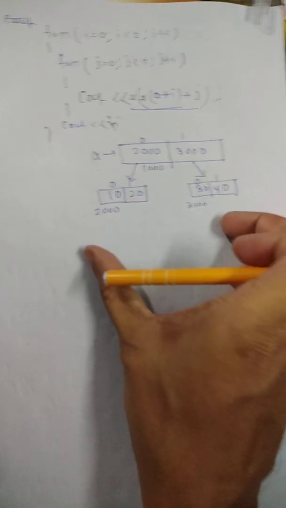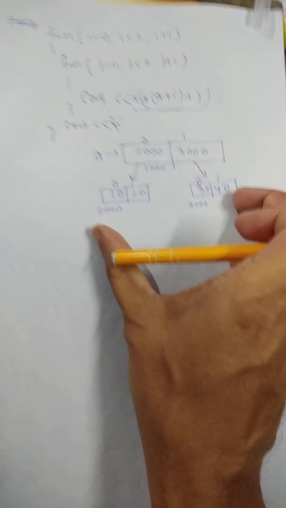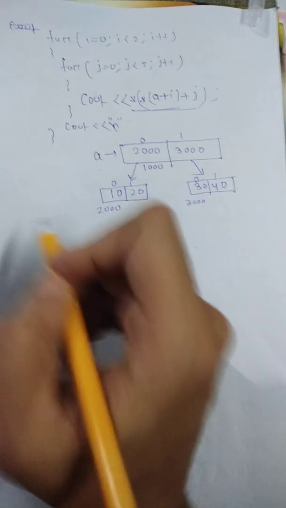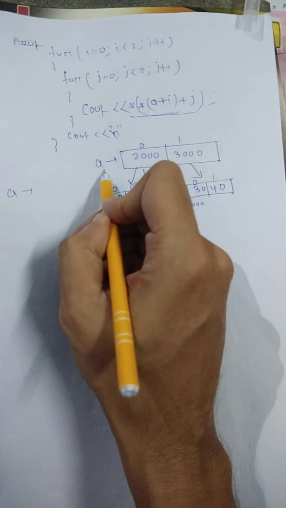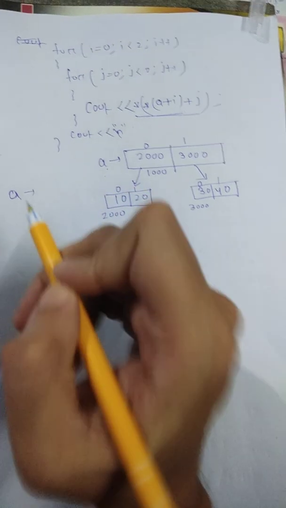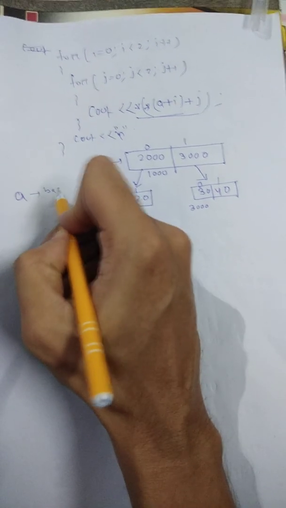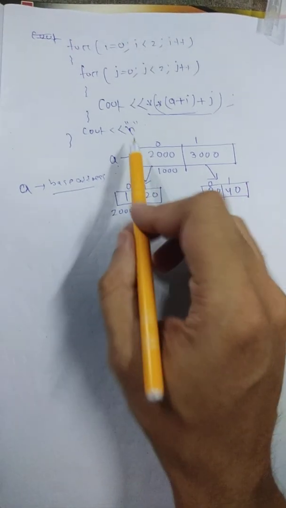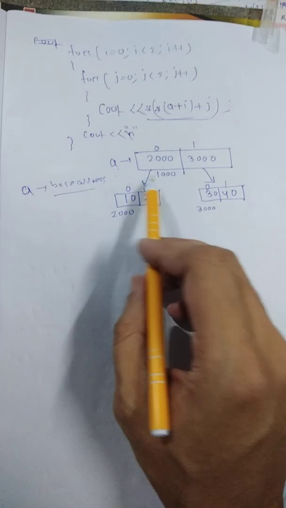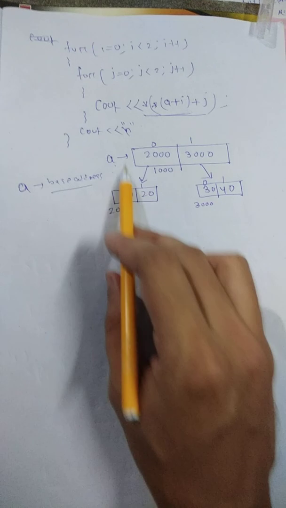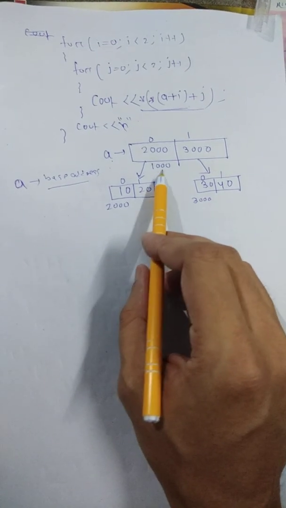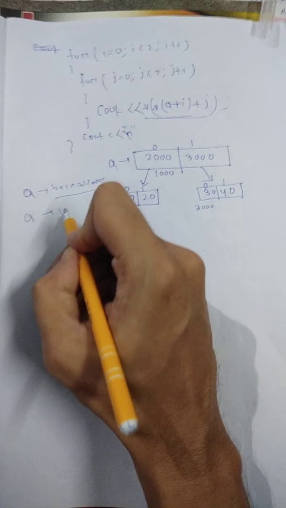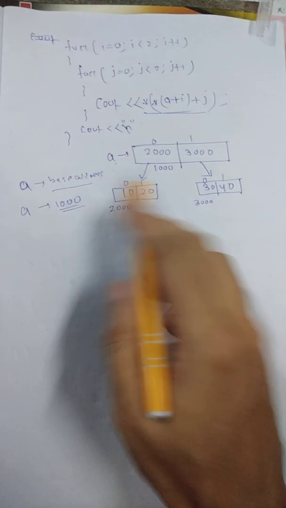So this is the internal memory location where your 2D array will be stored. I am writing here, so see how the formula works. First, what is A? If you write simply A, it is the base address of the array. Here the array is there, and what is the address? Suppose the address of the array is 1000. That means if you write simply print A, it gives 1000. Clear? A is giving 1000.